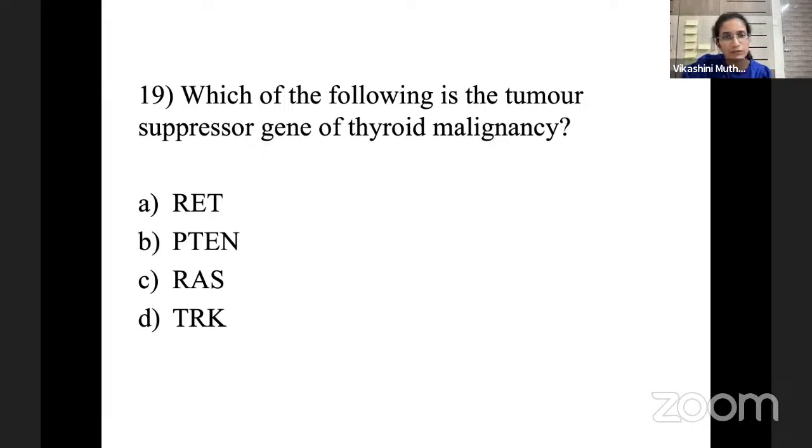Now, next is which of the following is the tumor suppressor gene of thyroid malignancy? Again it is a simple question, but the options are tricky. All these genes are involved in the thyroid malignancy, but which of the following is a tumor suppressor gene? For which you need to know some molecular mechanisms, whether it's the RET proto-oncogene or PTEN or RAS